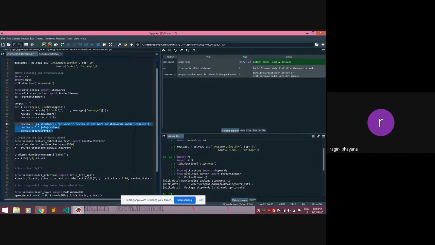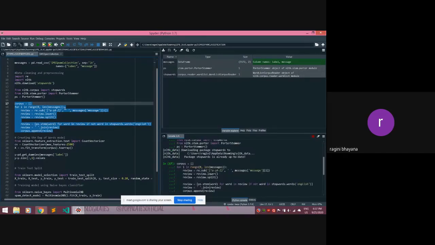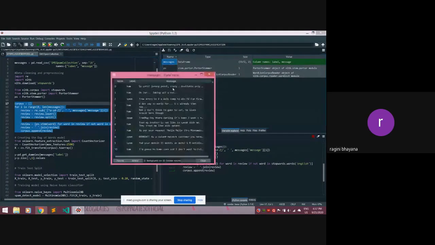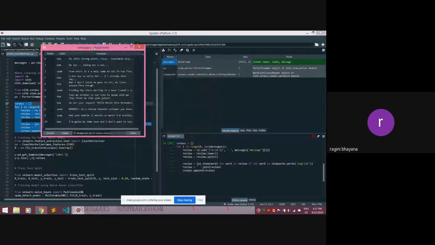I'll just run it and show it to you. This takes like 5 to 10 seconds because in our dataset we have 5572 sentences.